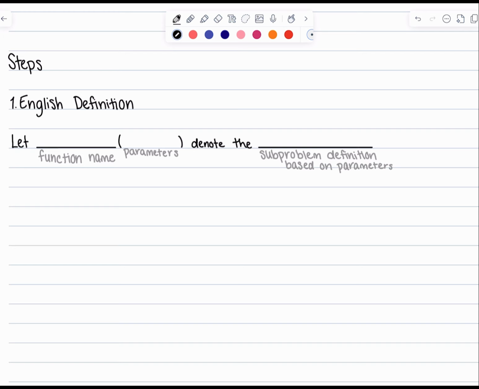All right, our first step is the hardest one in my opinion. It is the big leap you need to take before everything else goes smooth sailing from here. Let's discuss the English definition. This is very formulaic, but it's a little bit more difficult to come up with. We go as follows: let some function name with parameters denote the subproblem definition based on these parameters. So let's see how we would apply this to our longest increasing subsequence. I'm going to start off as per usual: let lis, and I'll get back into what parameters we're going to choose, denote,